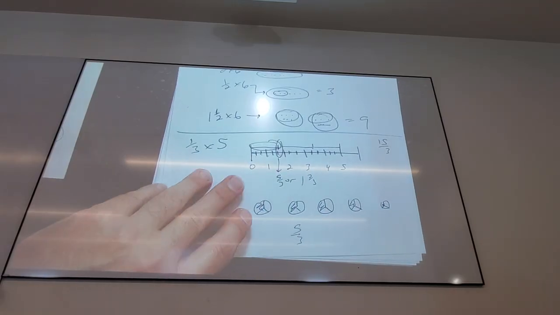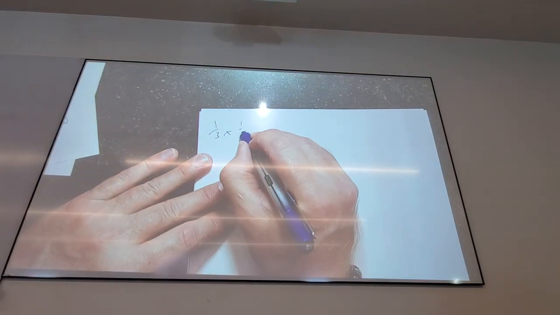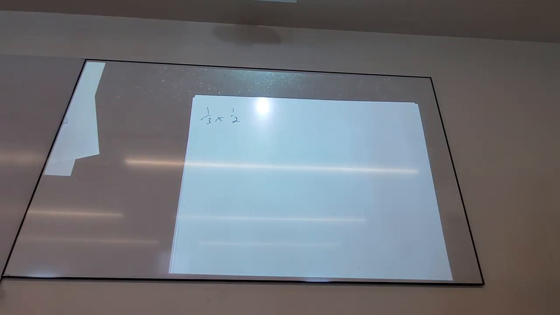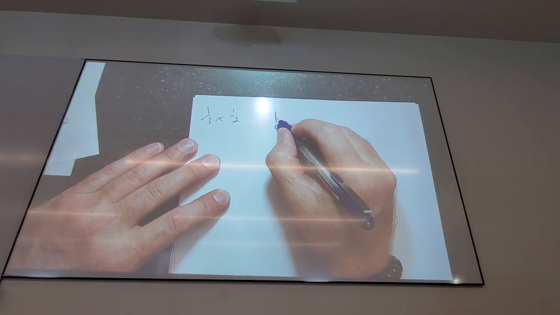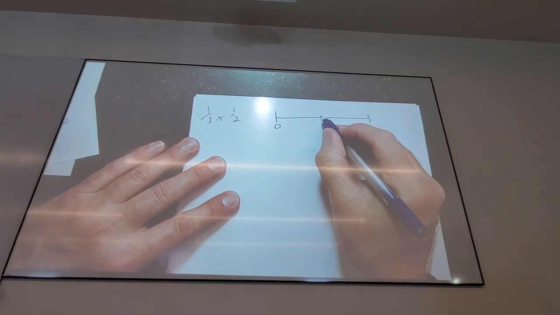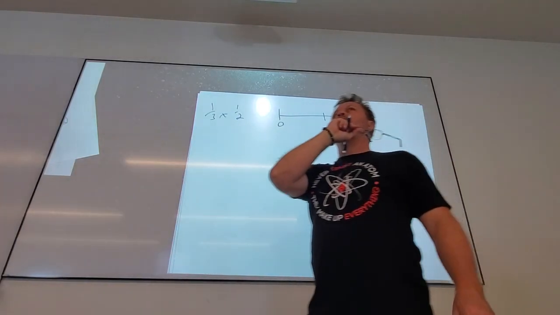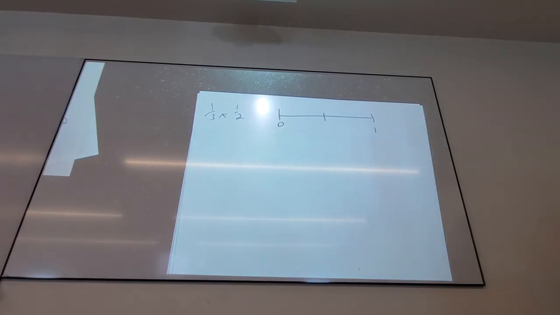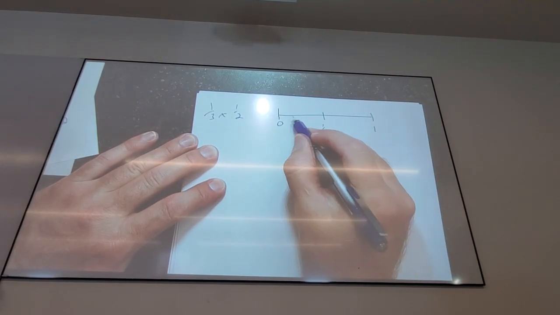Here, let's try one more of these out. Yeah, let's get a little worse. You ready? 1/3 times 1/2. Oh no. So how do I represent 1/2? I just plop. There's 1/2. Yes. And I want 1/3 of 1/2. Which really just means cut this into